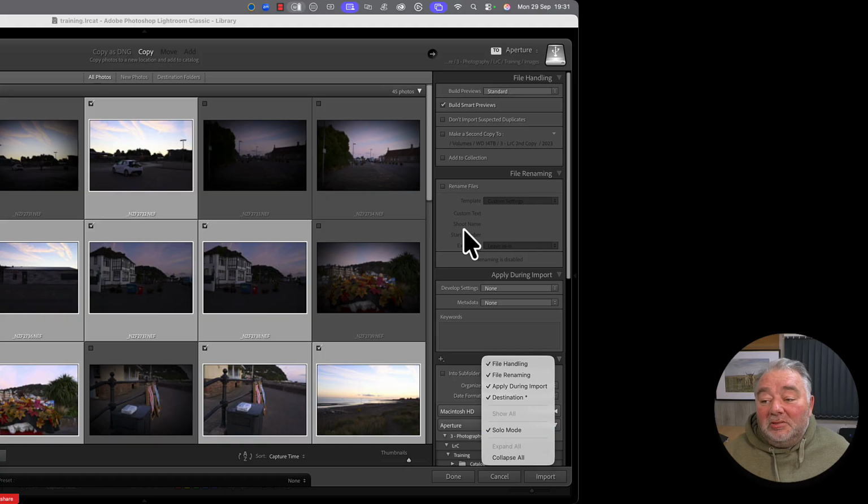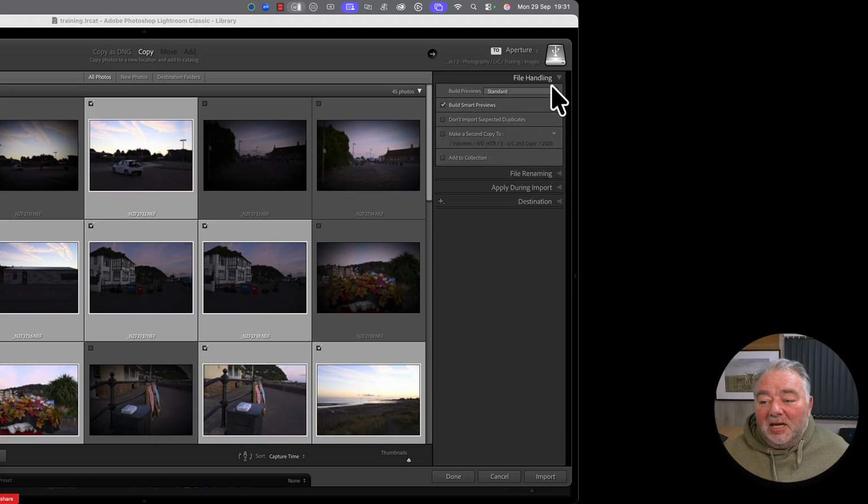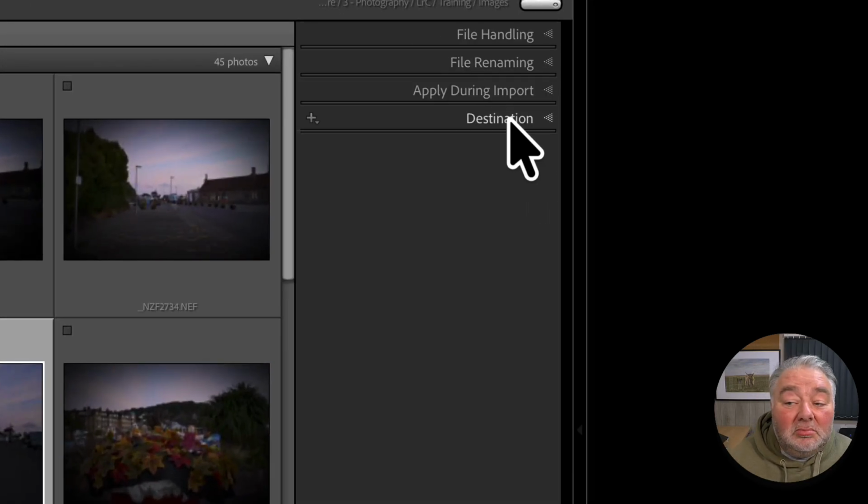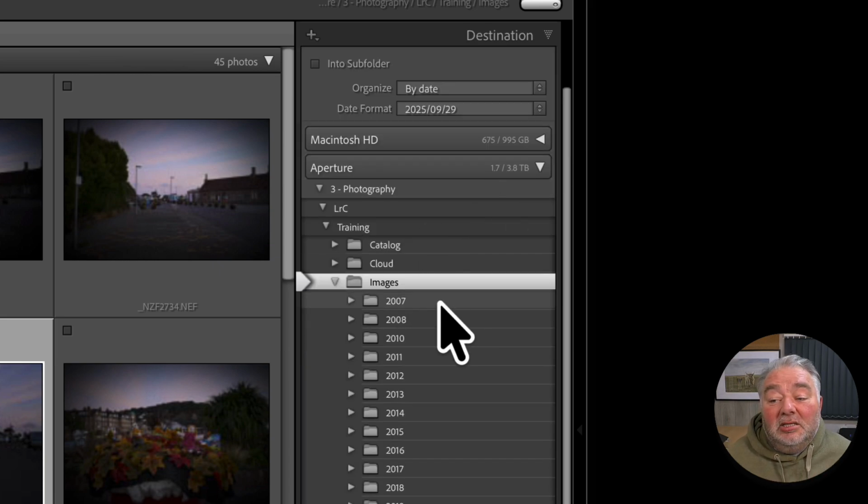We've got solo mode, so you open one and the others close. Okay. But in my opinion, destination should be at the top, because that's the way I work. Well, where's it going to go? Okay, so